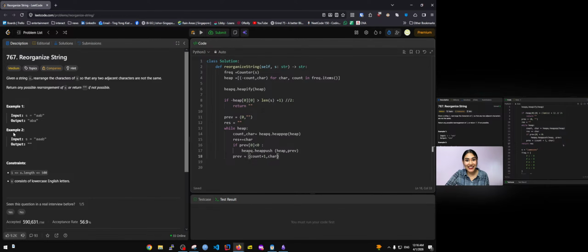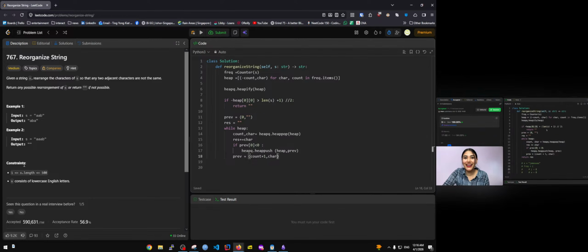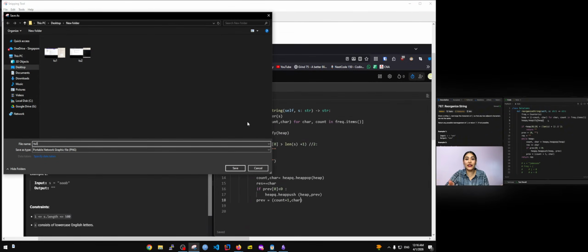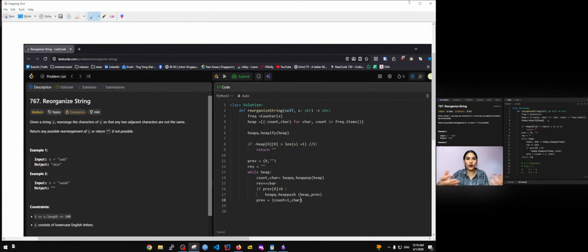So let's go ahead and submit this, and it is accepted. Talking about space and time complexity. For time, this is actually going to be O of n, and space is going to be constant O of 1. We know for a fact we're only going to have 26 characters. Those are the letters in our